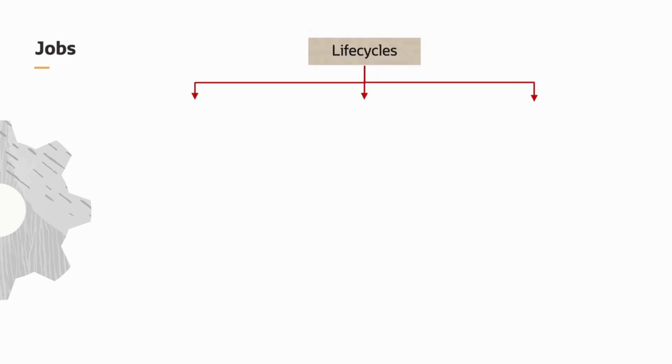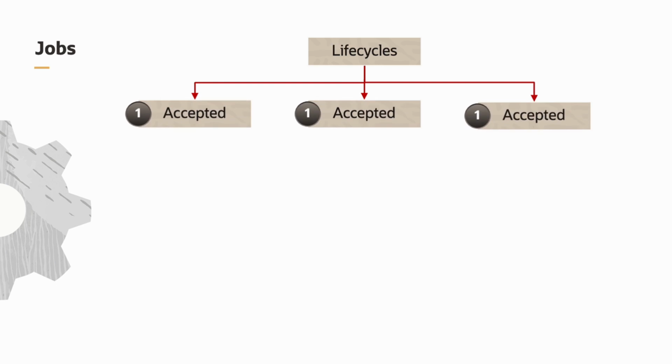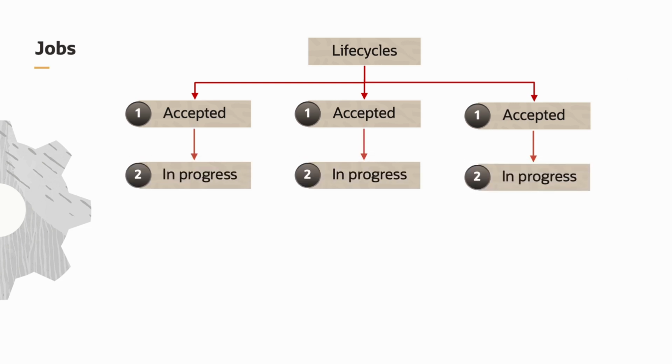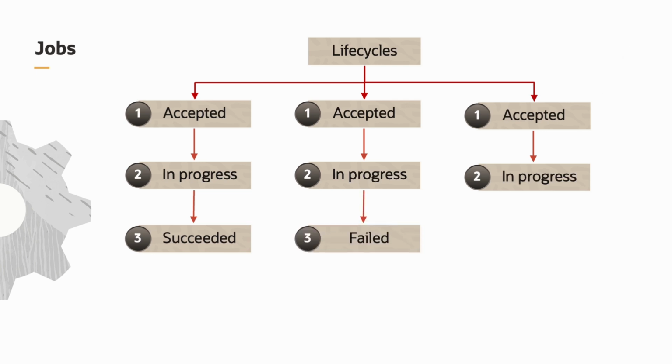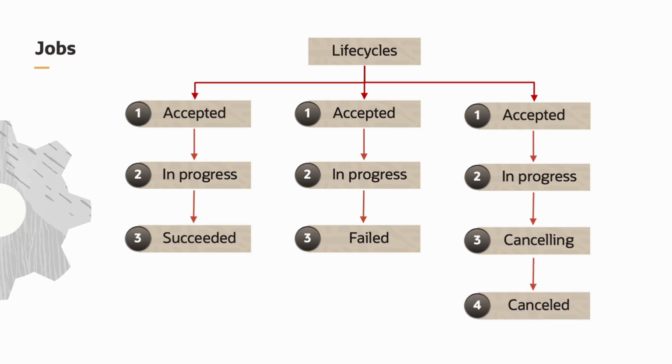Here are the lifecycle stages of jobs. Accepted. The job request is received and accepted. In progress. The job is currently being executed. At the end of the journey, if the job completed successfully, it succeeded. If the job did not complete successfully, it failed. If the job is in the process of being cancelled, it will be cancelling as operations are being terminated, to finally change to cancelled. Each job progresses through these stages, allowing you to track its status and manage your infrastructure